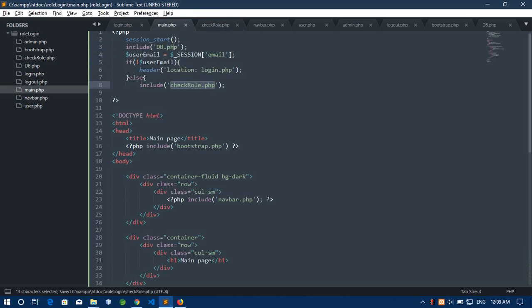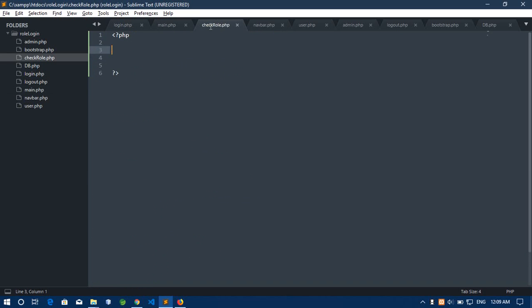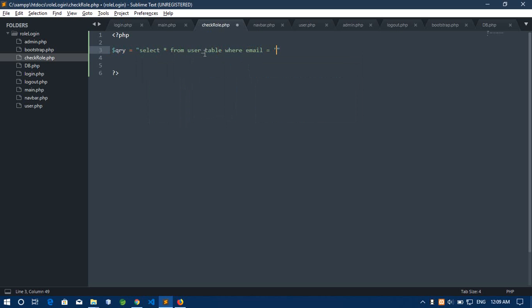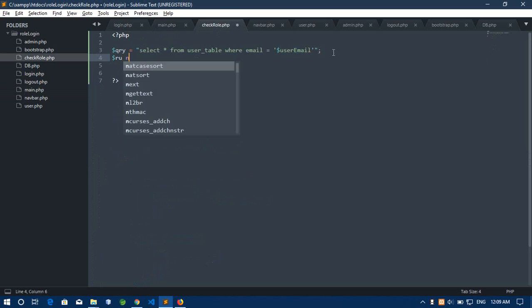So in this main page I have this user email. So using this email I'm gonna get this user role, if this user is an admin or not. Select from user table here, email is equal to user email. Now this variable is this one. Okay, tb, and yes,